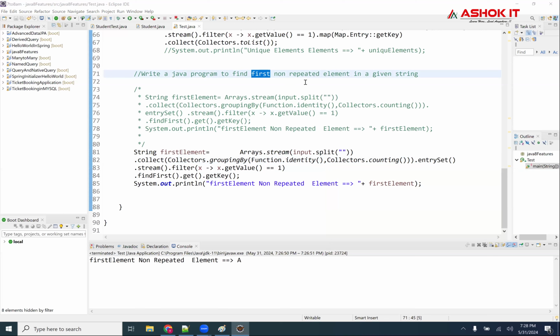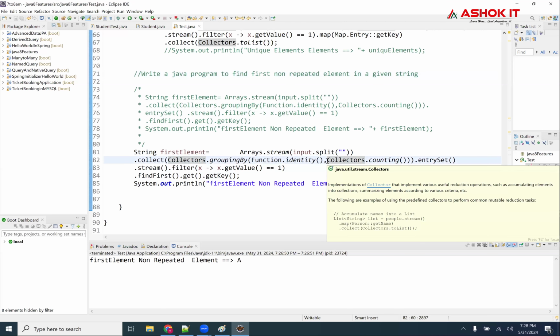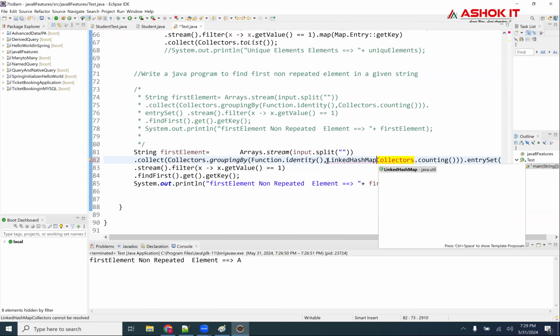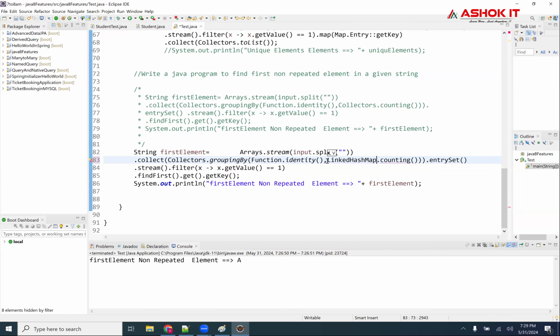That is linked hash map. Here, what I need to do, I don't want normal hash map, linked hash map, okay, which is a new hash map.